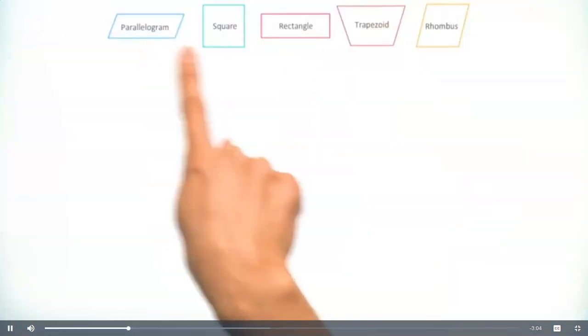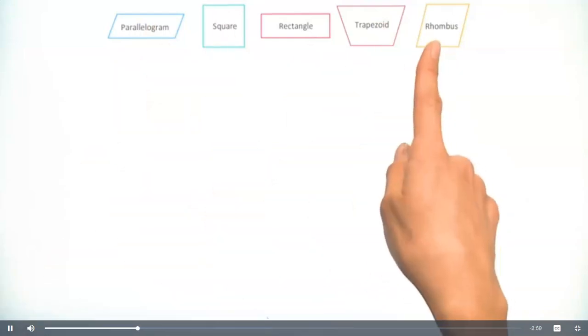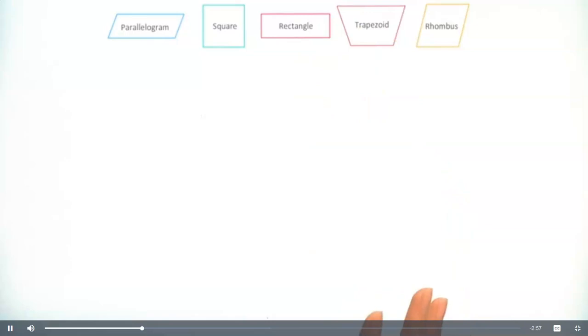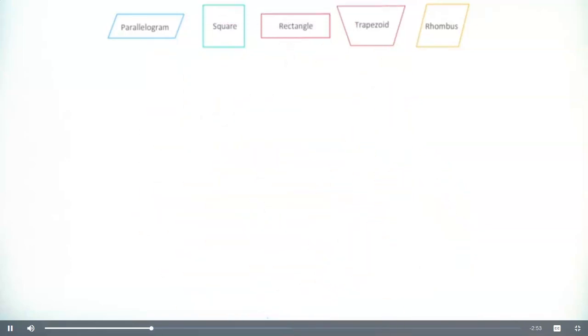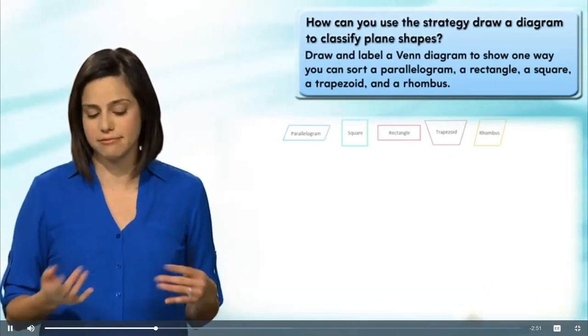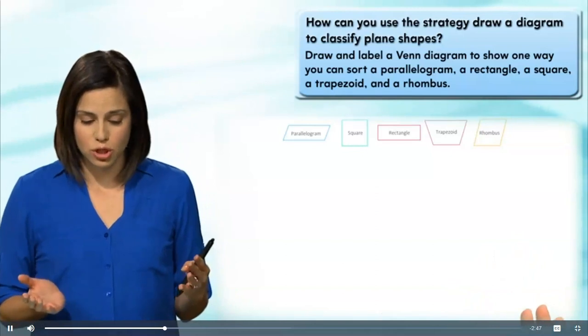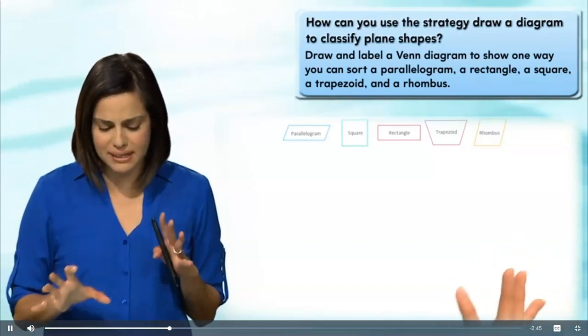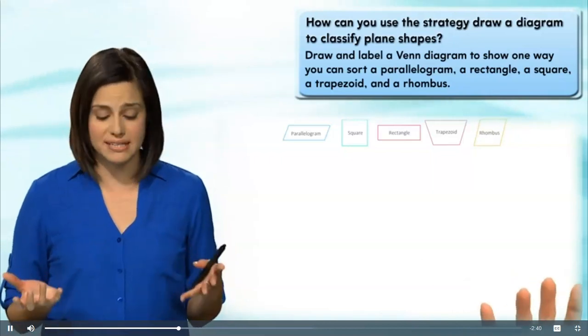Here we have them so that you can see what they look like. Now, before we start organizing these in a Venn diagram, let's think about what characteristics they have. Well, they're all quadrilaterals. So, if we can place them into 2 different categories, we can form our